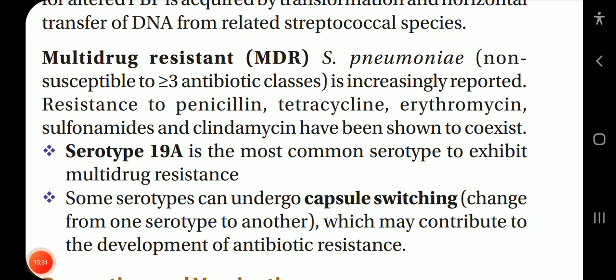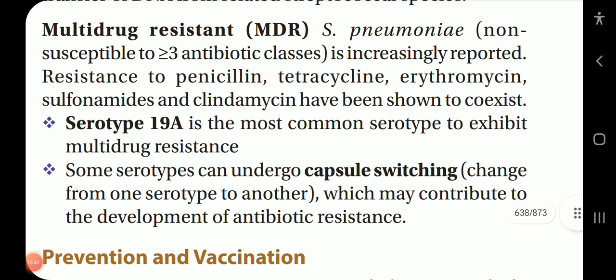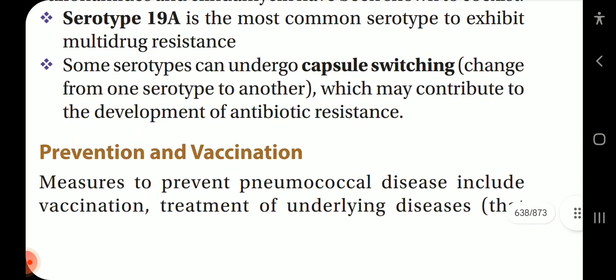Multi-drug resistant (MDR) Streptococcus pneumoniae, non-susceptible to ≥3 antibiotic classes, is increasingly reported. Resistance to penicillin, tetracycline, erythromycin, sulfonamides, and clindamycin have been shown to coexist. Serotype 19A is the most common serotype to exhibit multi-drug resistance. Some serotypes can undergo capsule switching, changing from one serotype to another, which may contribute to the development of antibiotic